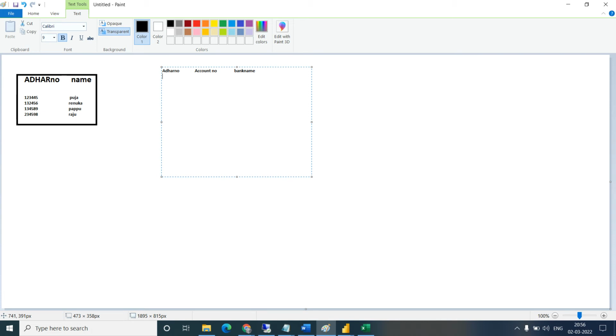Okay, so let's say the Aadhaar number is 1 2 3 4 4 5, and their bank is HDFC. Let's say the same user has one more account in another bank, so their account number is something different.